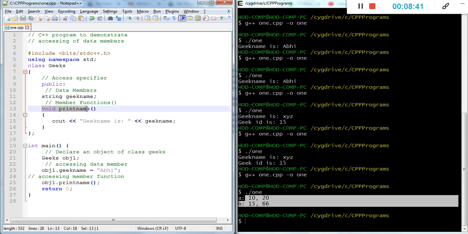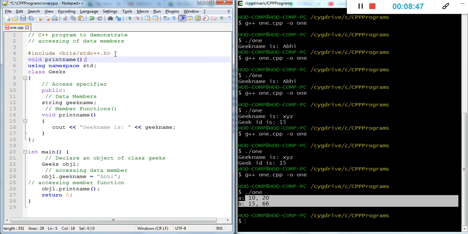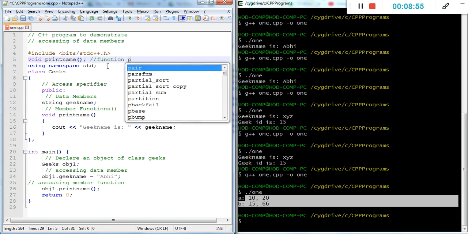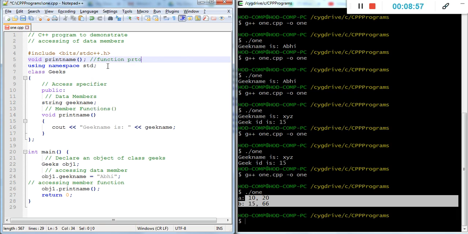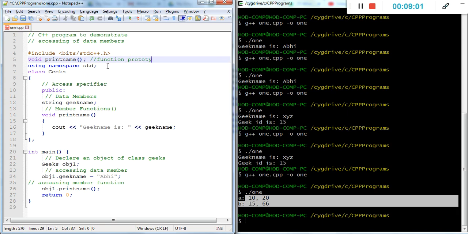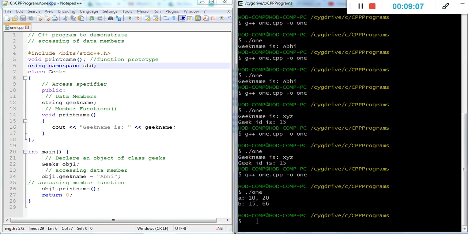When we mention void print name here and add a semicolon, this is simply the function prototype. What exactly is the use of a function prototype?